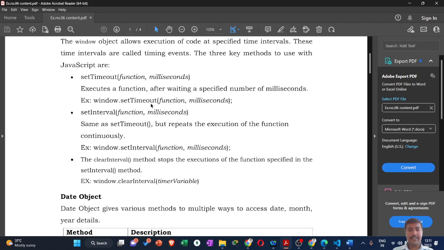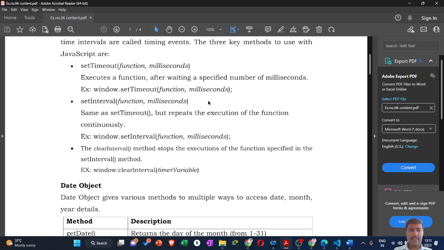Say for example, setTimeout with a function and milliseconds. This is going to be an example. Then you might ask, what is setInterval? setInterval is quite the opposite of setTimeout. Here it's a one-time operation, there it's a repetitive operation. It is going to repeat itself after these milliseconds. So if I want something to be displayed continuously for a certain amount of time, I can